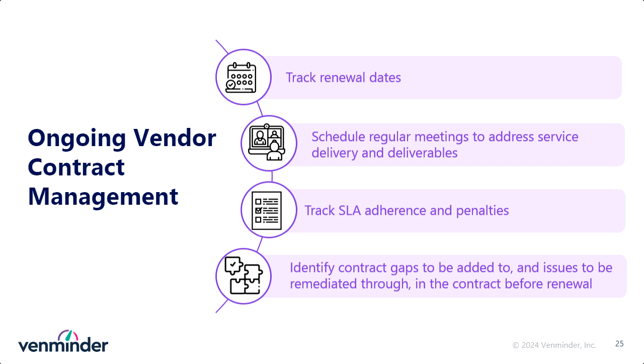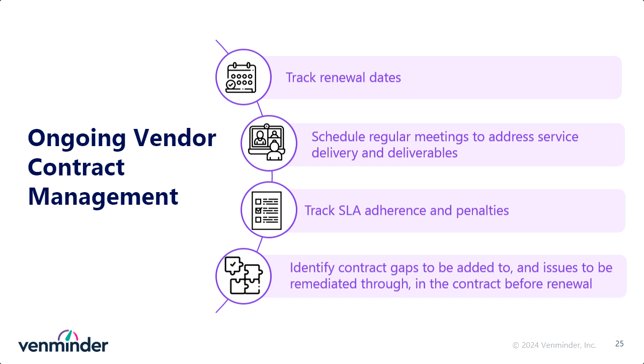One is tracking those renewal dates. This is certainly an easy item to miss. This is where that central repository and some kind of contract solution or contract software solution is important. And even if that's Excel spreadsheets, not recommended, but whatever way it is to track the renewal or the expiration dates and the notification dates. That's critical, because if you don't want that contract to automatically renew, assuming it has it, or cancel if it doesn't have one, you need to be clear on the notification date so that you can do something about it